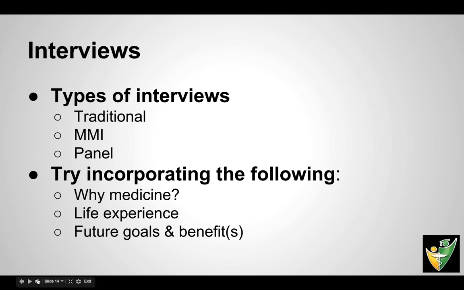but you essentially can't. And then I don't know too much about the panels, so I'll let somebody else from this panel talk about it because I never had that interview. So I'll just move on to trying to incorporate